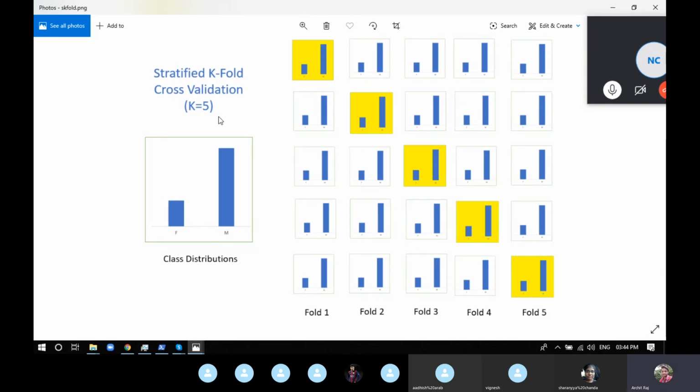The class distribution in k-fold is completely tilted depending on position, because the first 50 are male and the second 50 are female. It's completely depending on the position they are in. You're not going to face it in stratified. So these are the three different cross validation techniques.